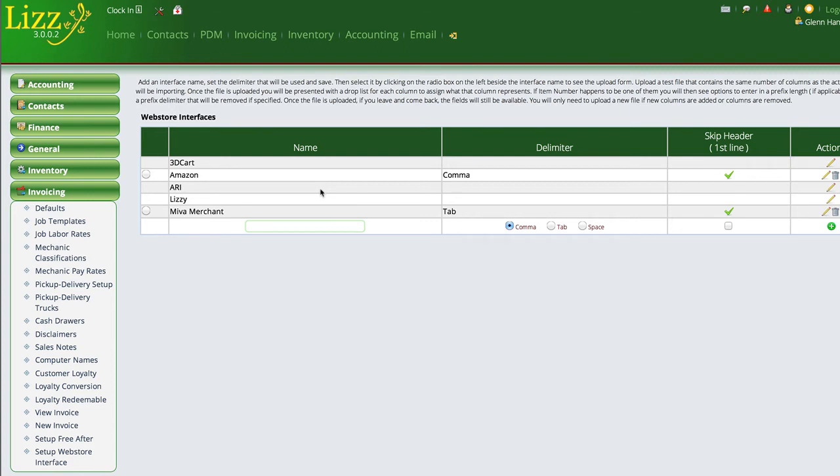Lizzie actually has the capability of importing any comma delimited file or tab delimited file that you can get from pretty much any web store and import it directly into our web store interface module. Now in this video I'm going to go through just the basics of how to set something like this up,